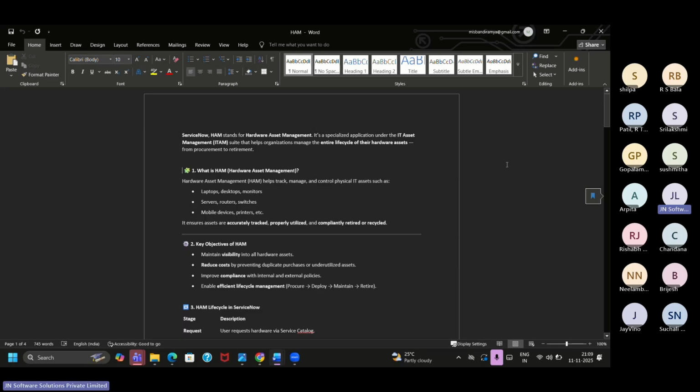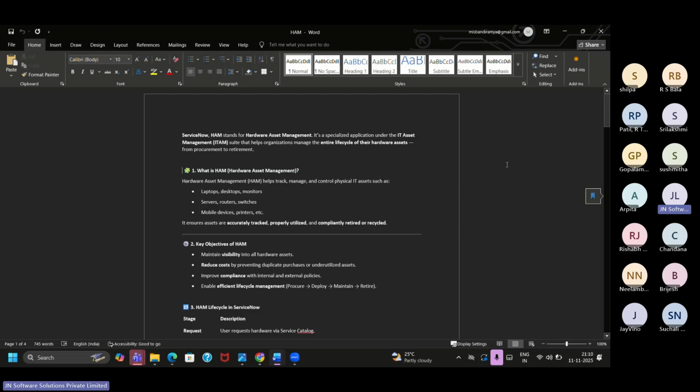It will help organizations manage the entire life cycle of their hardware assets from procurement to retirement. It will focus majorly on ownership as well as assignments. So from procuring the asset to retiring the asset, we can handle the complete life cycle